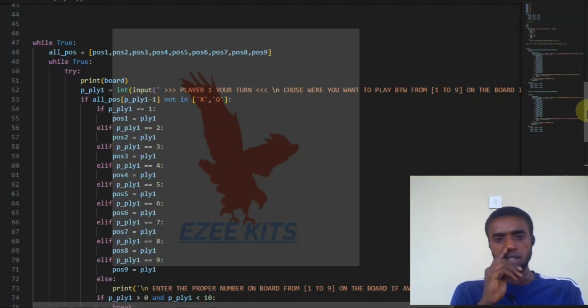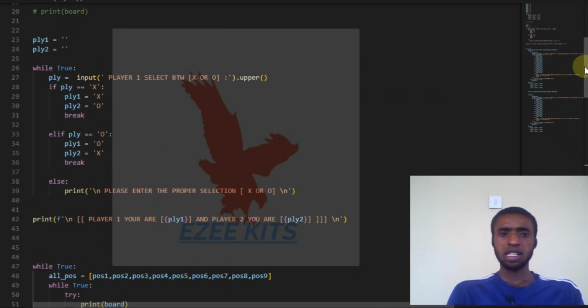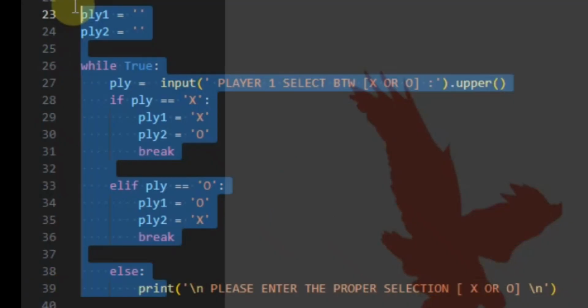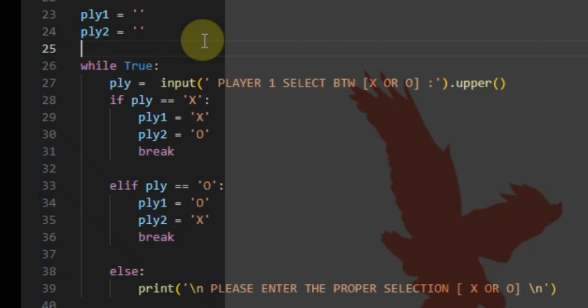In this video, we are going to address a particular problem that I found that is going to make our code too long and too complex to understand. Let's look at this, where we are letting player 1 select, sorry, player 1 to select the character that he or she wants to use, whether it's X or O. This is a good way to make it more entertaining, but it's going to prompt us to write